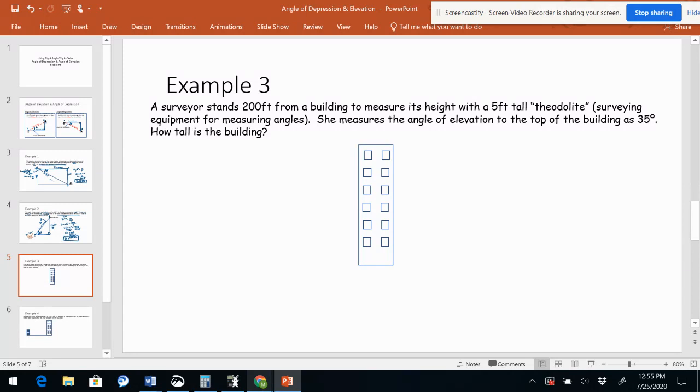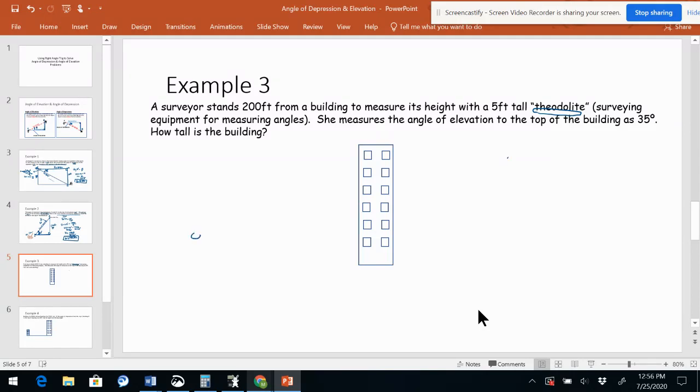Okay, let's have a look at another one. In this case, we have a surveyor who stands 220 feet from a building to measure its height with a 5-foot tall theodolite. A theodolite is a piece of equipment often used for surveying. You've probably already seen this if you've been out driving or seen a construction site. You see someone there that is